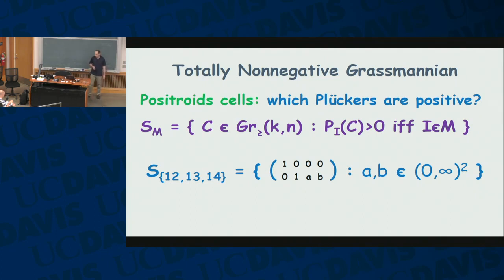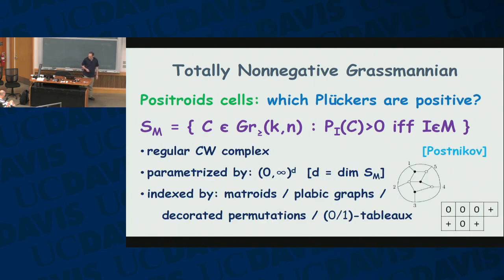It turns out that these are exactly all points in the totally non-negative Grassmannian of this form. So you can see that this is a very nice piece of the Grassmannian. It's parameterized by 2 real numbers. And it turns out that all of these pieces are nice and simple. This is what Postnikov showed, that